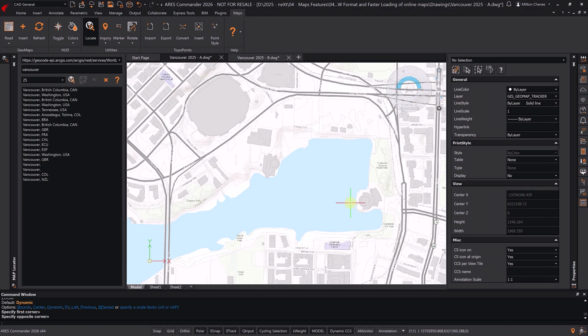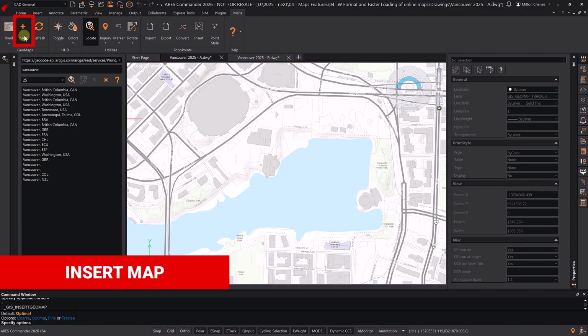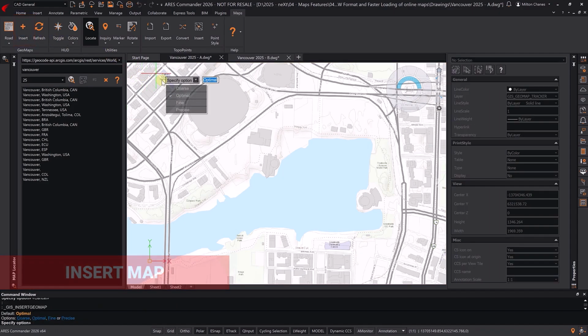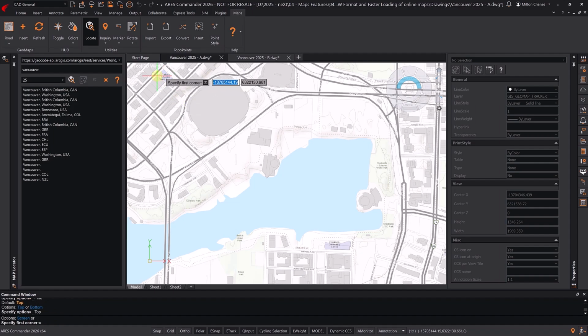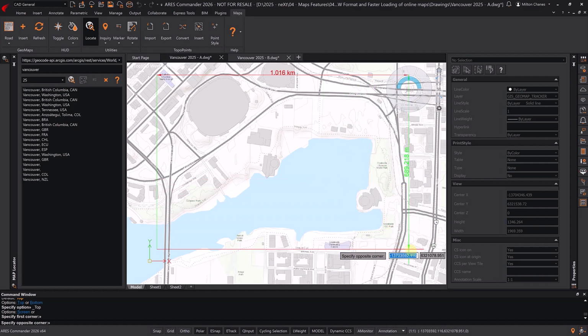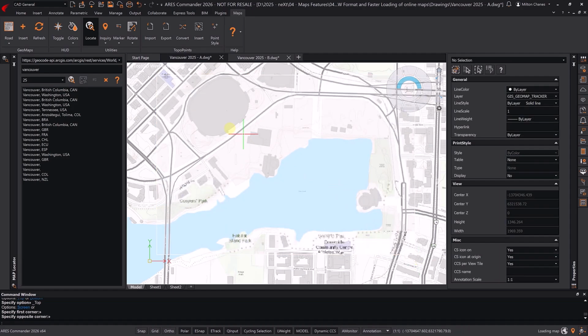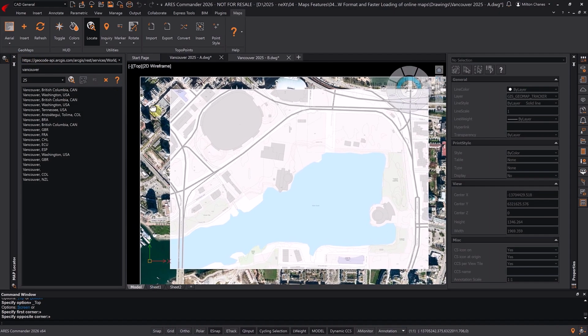Want to keep a particular view? Just use the Insert option. This option enables you to capture a geostationary image of the map, with the ability to choose the level of detail and determine whether the image will appear above or below the map. This allows you to layer satellite images with street maps seamlessly, thanks to their geo-referenced alignment.